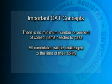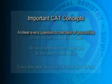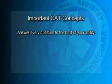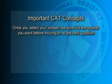All candidates will be challenged to the limit of their ability, which means every test taker will think their test was difficult. Answer every question to the best of your ability. CAT exams are designed so that deliberately missing items or otherwise trying to trick the computer increases the likelihood of a failing score. Once you select your answer, be sure it is the answer you want before moving on to